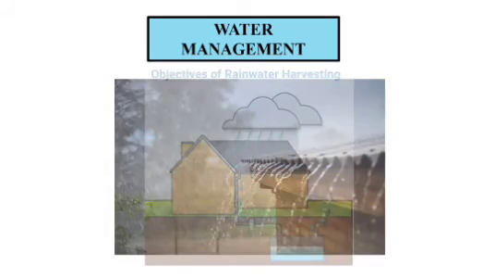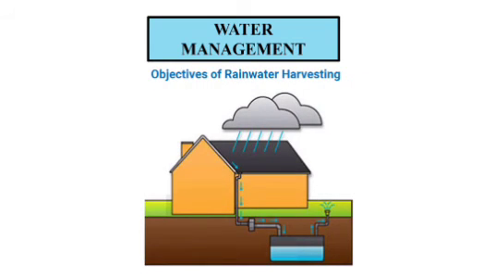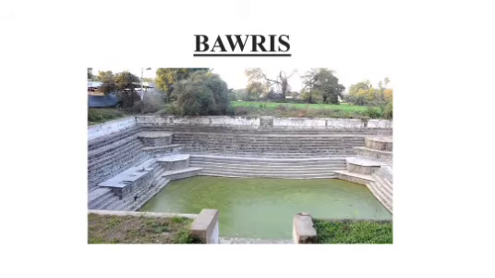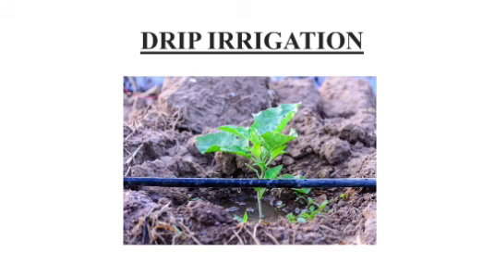The rainwater can be used to recharge the groundwater. This is referred to as water harvesting or rainwater harvesting, which you must have learned in your previous classes. We have at many places in India an age-old practice of water storage and water recharge like the Bawris. Bawri was a traditional way of collecting water. A farmer using water in the field can also use water economically. You must have heard about drip irrigation. This is the technique of watering plants by making use of narrow tubing which delivers water directly at the base of the plant.